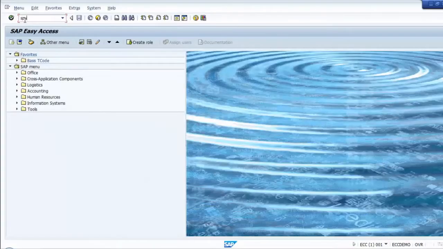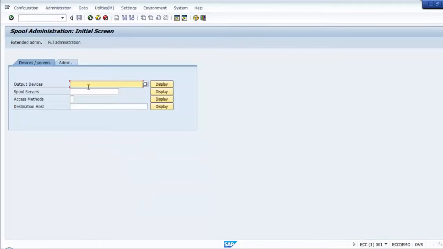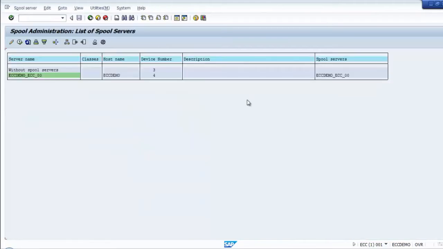Go to SPAD, go to the spool server, say change. Now we have only one server here. This is the host name and this is the spool server, by default, because we have only one. If you say create,